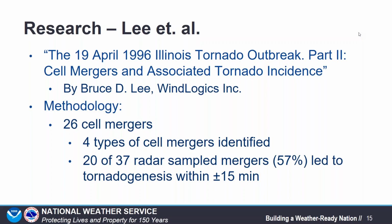However, the influence of storm mergers in tornado genesis is also poorly understood, as shown in observational studies from our very own Mike Sabonis, who was our previous MIC in 1996, Goodman and Knupp in 1993, and Wolf et al. in '96. In the Illinois event, of the 26 mergers that were identified by Lee, 58% of those were owing to differential cell propagation, and another 27% owing to differing cell speeds. Finally, 8% were from differential directional propagation, and another 8% from flanking line cell supercell mergers. So the four categories that we proposed,